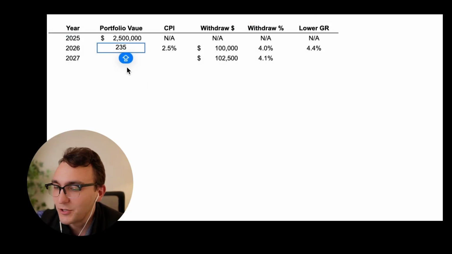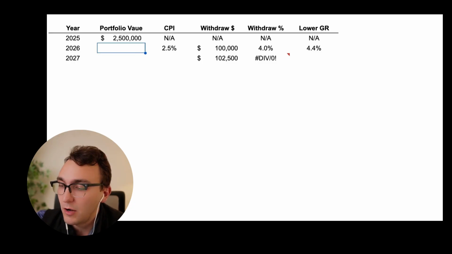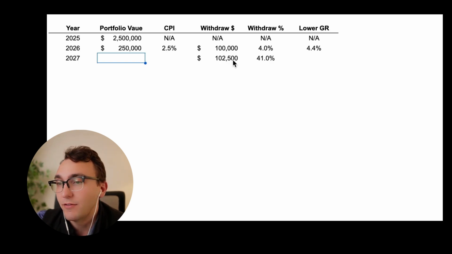Okay, let's take a look at the spreadsheet. Let's say I'm going to retire in 2026, starting first of the year. Portfolio at the end of '25 was $2.5 million. I'm going to take 4%, 100 grand next year. I'm not going to worry about any of the data in 2025 because I'm going to start withdrawing in 2026. So really what we're going to do at the end of '26, then we'll calculate and see how things shook out. So let's say the market went nowhere. We have 2.5 million. If CPI inflation was 2.5%, I'm going to be projected to spend 102.5 next year,